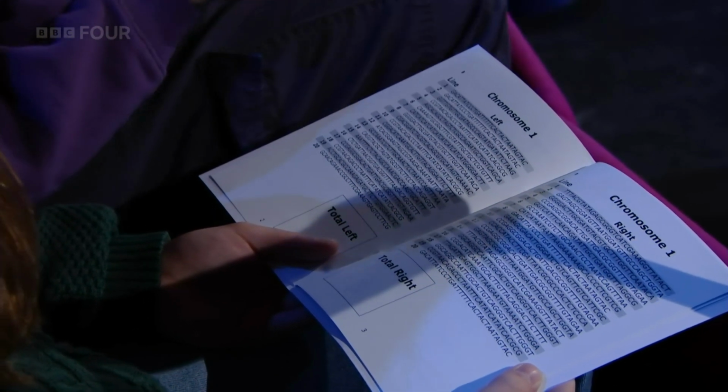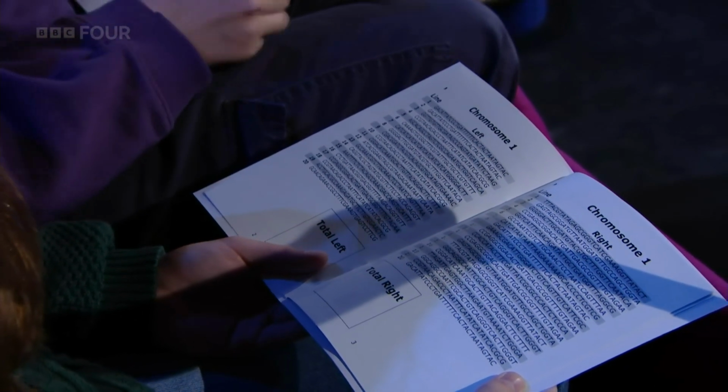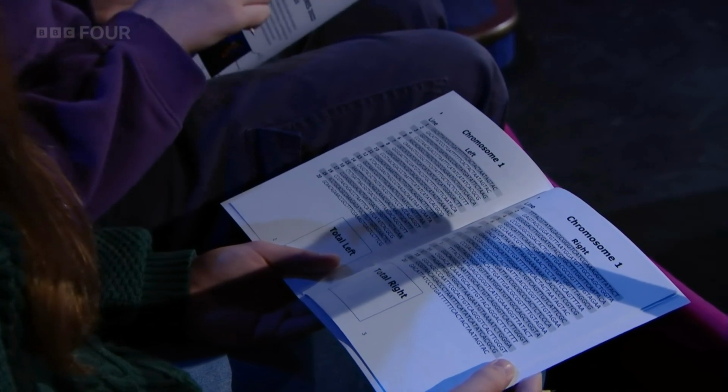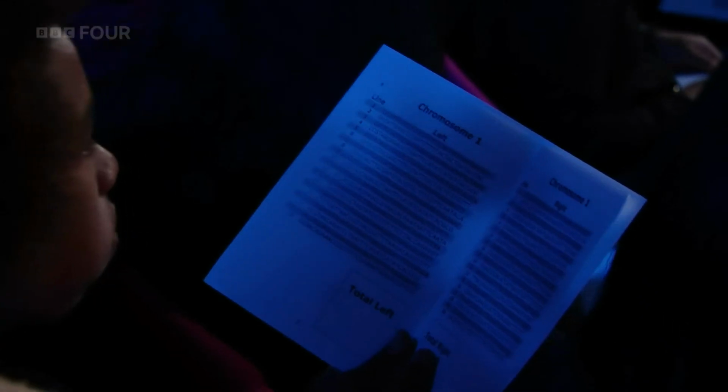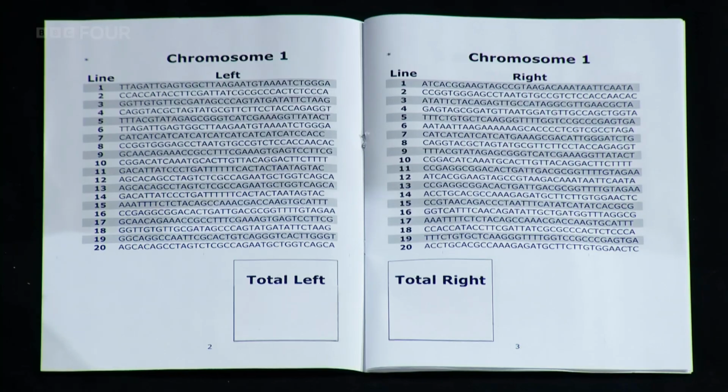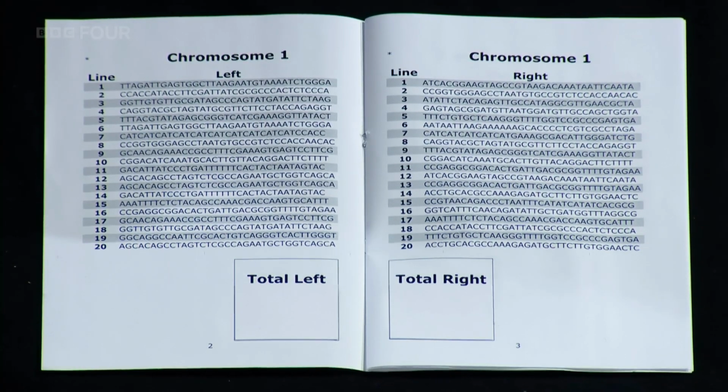So the markers that we look at are like a stutter in the DNA. They're known as an STR, a short tandem repeat. So in our little booklet, we have got 23 pairs of chromosomes. 1 chromosome 1 has come from your mom, and 1 chromosome 1 has come from your dad. And that's what we've got here.